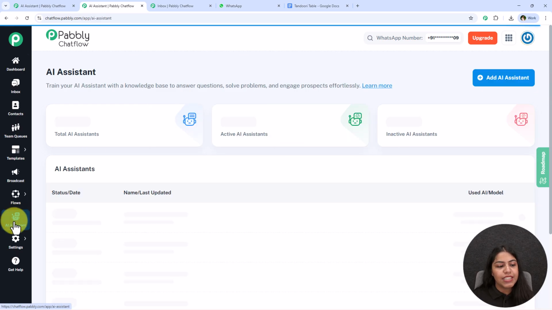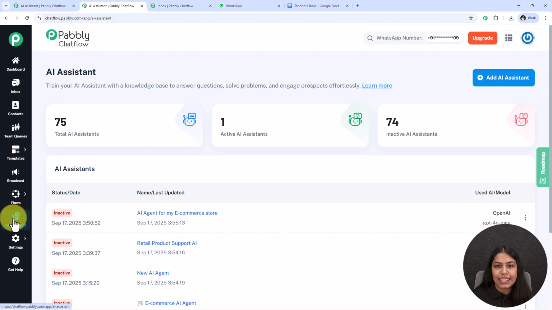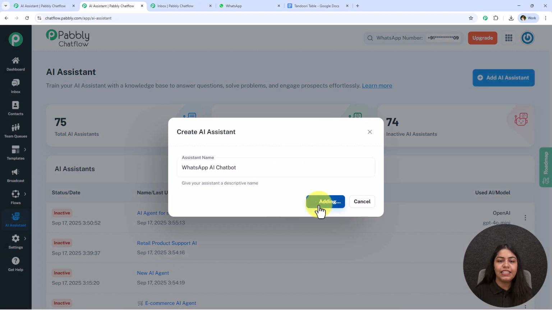Then you have to go towards the AI assistant feature on the left-hand side of Pabbly Chatflow. If you want to learn about any other feature in detail, a video tutorial for the same has also been given in the description box below. You can check it out. But right now we have to build an AI assistant from scratch. So we're going to go towards this add AI assistant button and name our assistant and click on this add